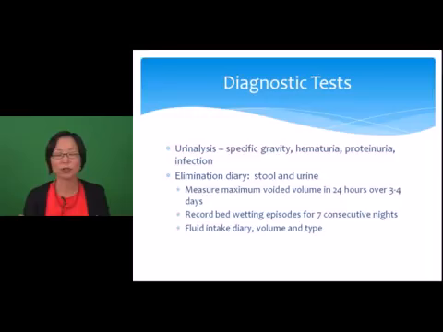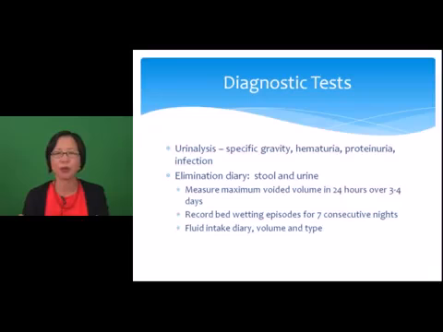If their specific gravity is very low, perhaps this is a child who has diabetes insipidus. If they have glucosuria, you may be looking at somebody who has diabetes mellitus. Evidence of pyuria or bacteriuria could let you know that perhaps they have urinary tract infection. And then the other sort of test that is important to do is to have the family do an elimination